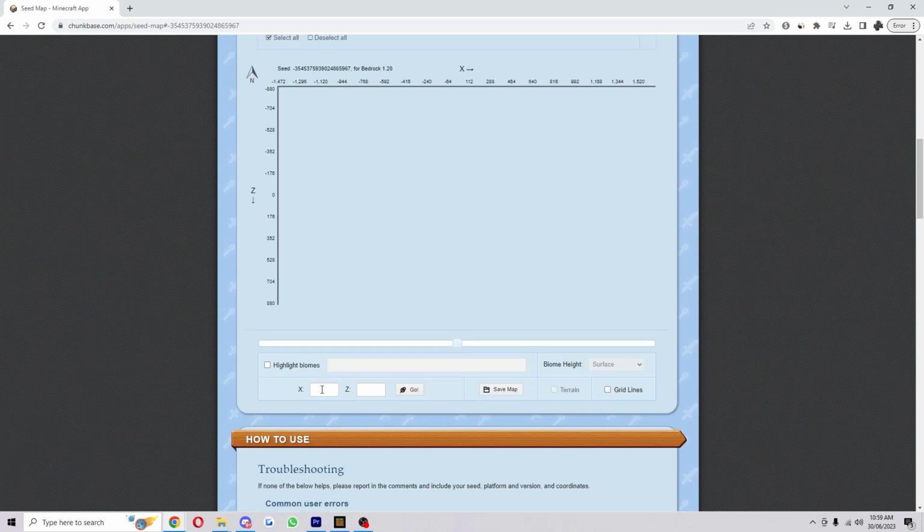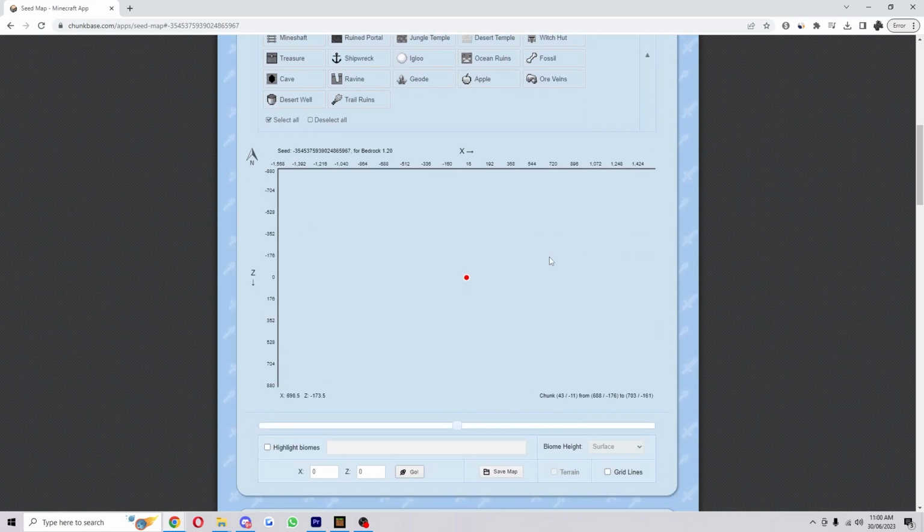So next up, you want to put in your coordinates. In my case, I'm near spawn, so I'm just going to put 0, 0 and select go. But in your case, you probably won't be at 0, 0. You'll probably have a house at certain coordinates, so make sure to put them in or wherever you're looking for the slime chunk. Now at first, you might think it's glitched and not actually working because it's not showing anything,